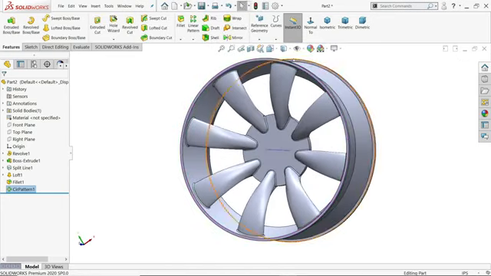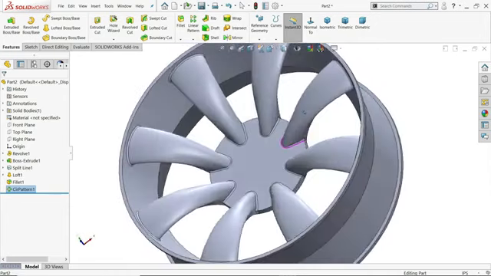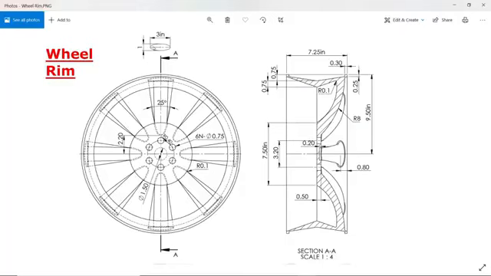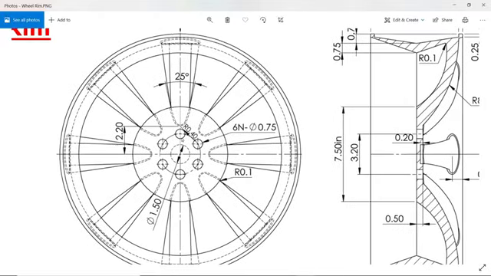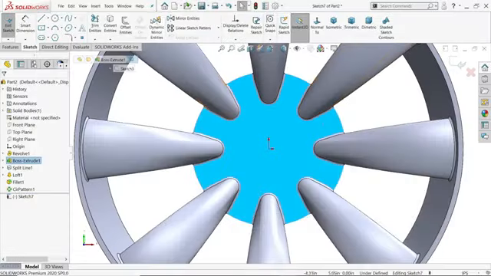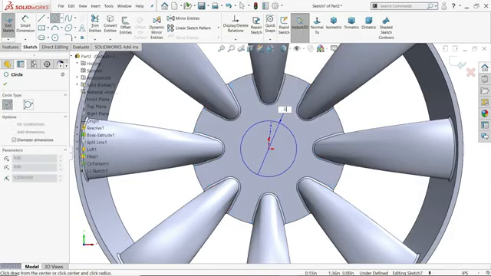Now look, let's hide. Sketch. Now here we need to create some holes. Now 3.2 is the pitch for this hole. This hole diameter is 0.75. This is a through hole. Then inside, there is one more hole 1.5, and for this depth here you will see 0.2. So let's make this 3.2.